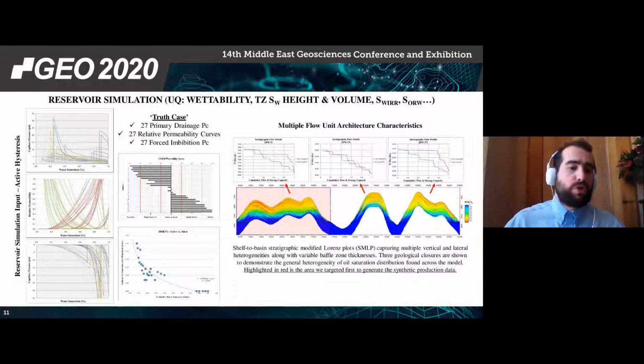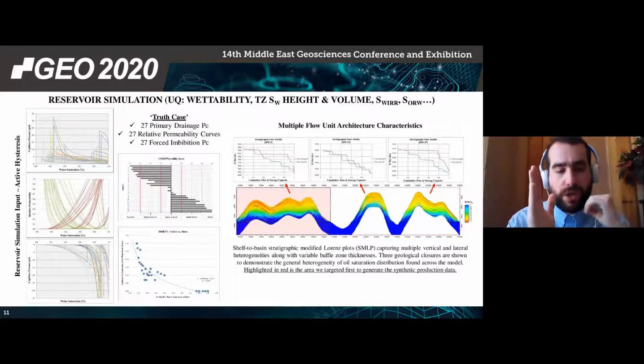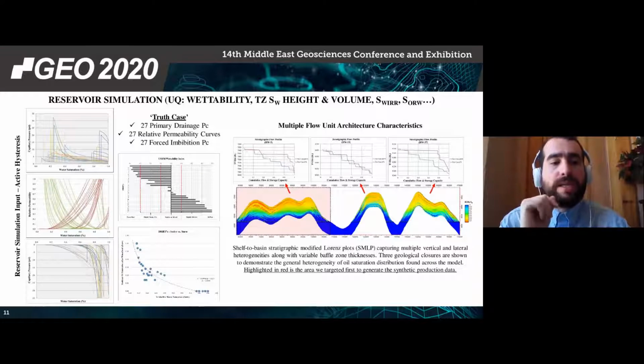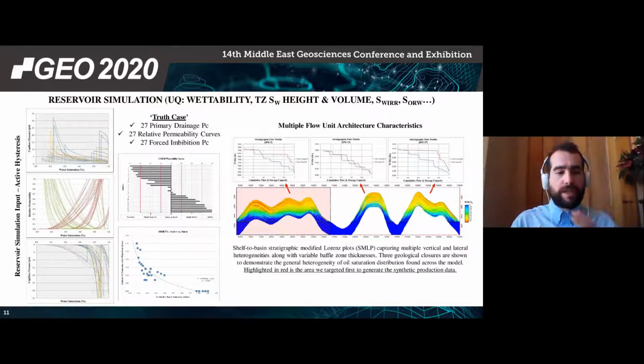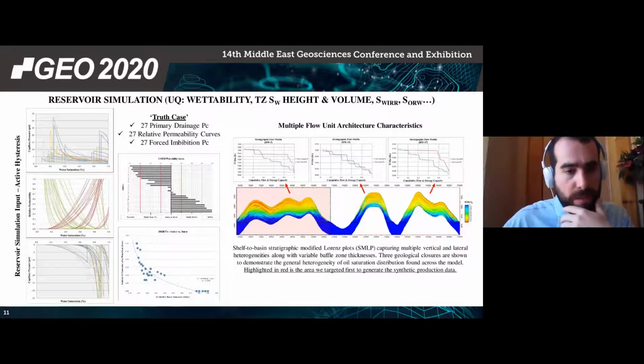So we have those 27 rock types. On the top left are 27 primary drainage capillary pressure curves. They're just cut off at their irreducible water saturations to make sure that they're in line with the constructed 27 relative permeability curves using Brooks-Corey, and then the 27 forced imbibition capillary pressure curves using Skjaeveland's equations. And everything is geologically consistent and made in such a way that the wettability profile that's shown here in the USBM indices,